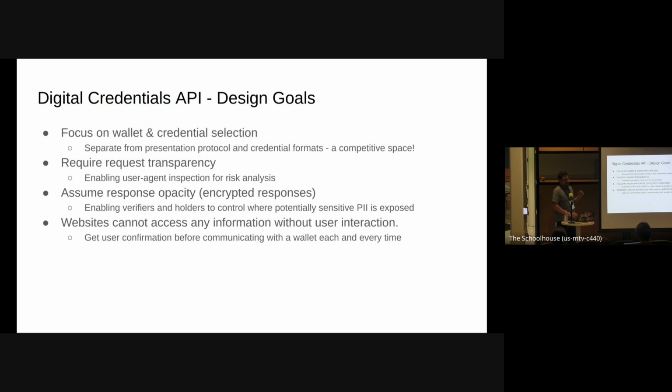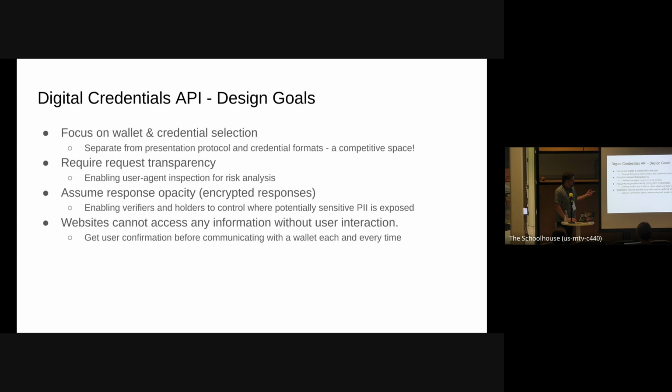Typically, these systems are built so that the responses are encrypted end-to-end, so that the requester sends a key, and then the wallet encrypts the response using a hardware secure element on the device. At the moment, most of these are mobile wallets. There are desktop and web wallets, but most of them are mobile wallets so that they can rely on TPMs and other secure elements. And then the response gets encrypted and sent back to the server and only decrypted on the server. It means that there are certain types of abuse we can't detect, but that's a trade-off we're willing to make in order to say, no, we're not doing this to try to hoover up users' private information. That's not our intent here.